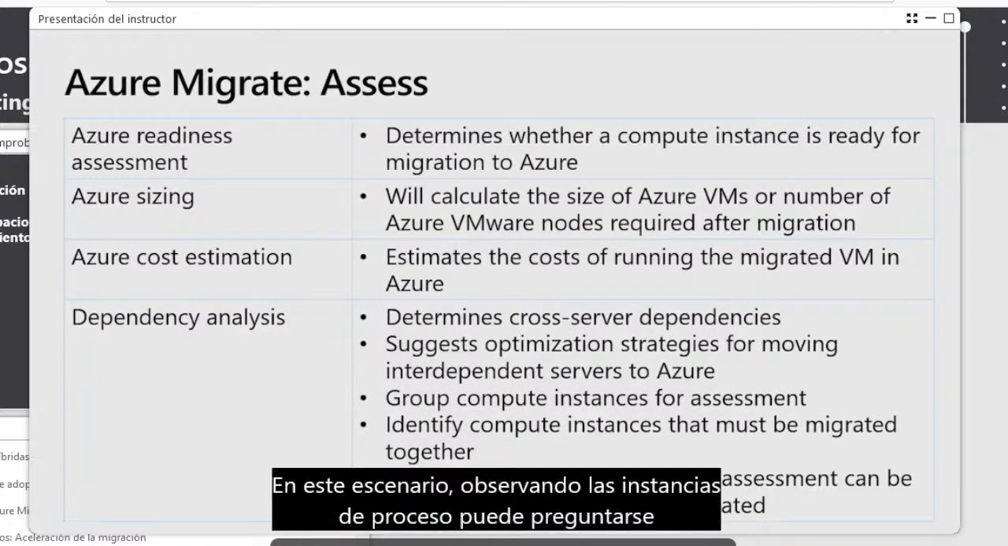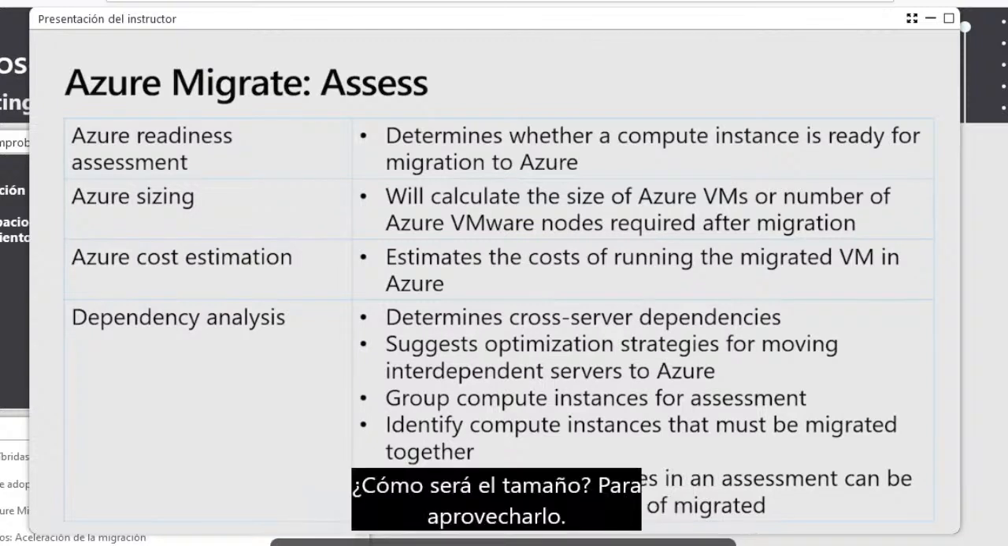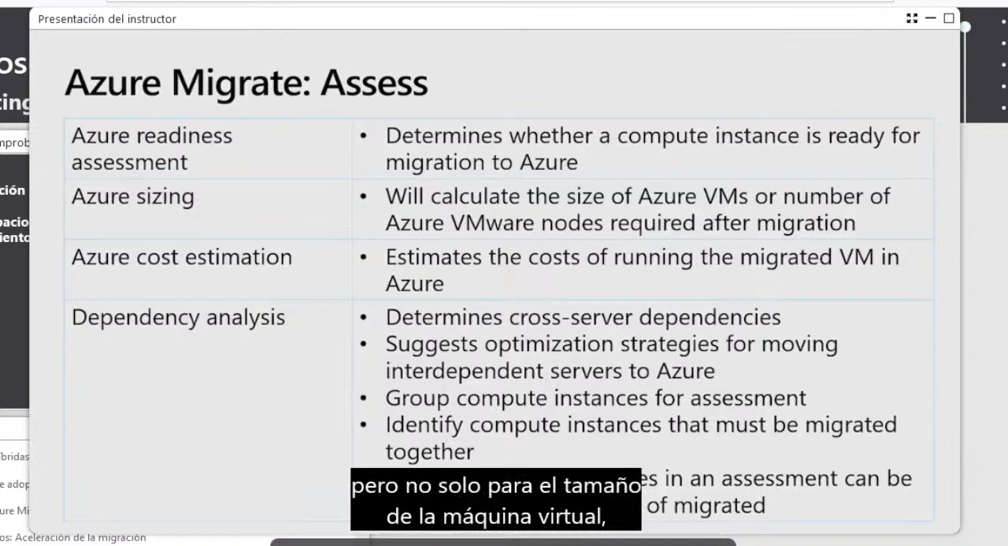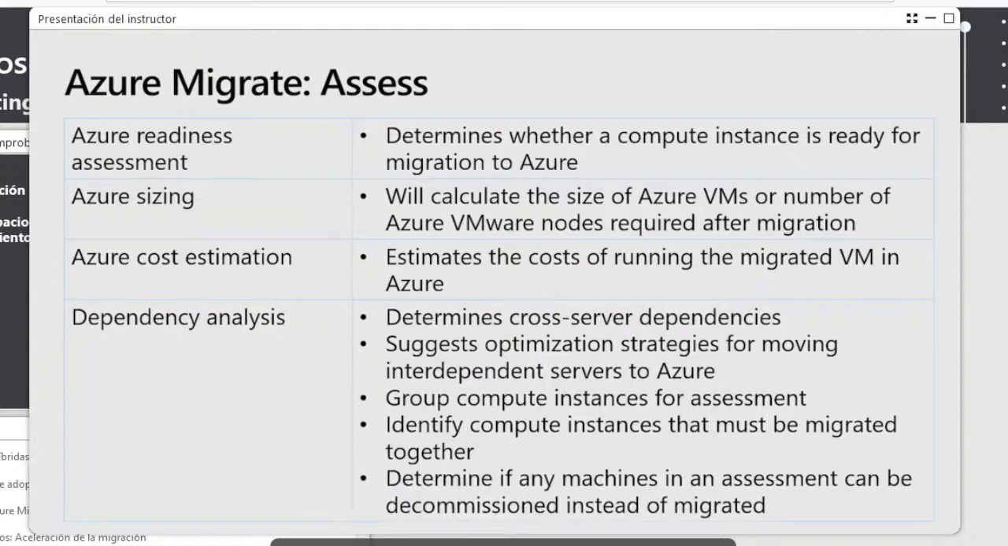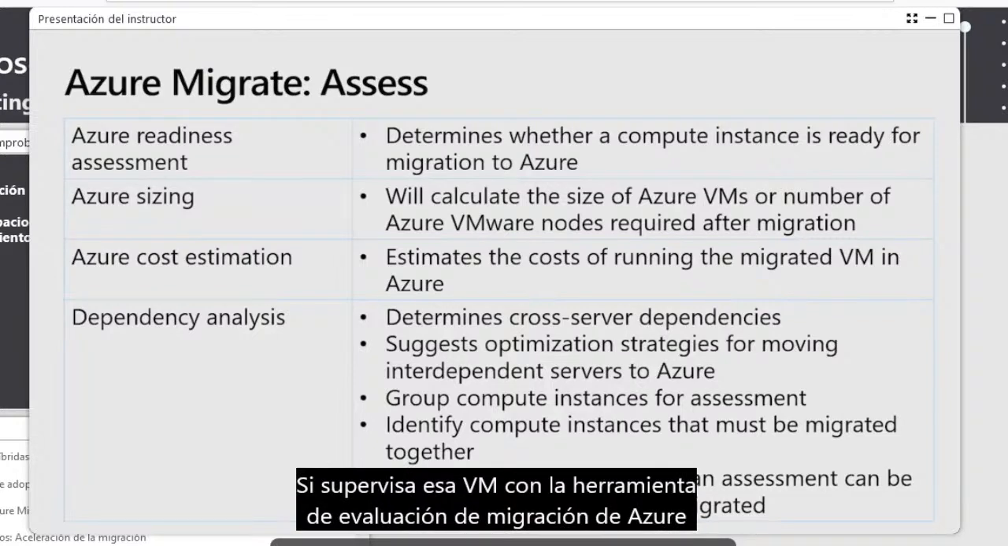It's really done for, in this scenario, the compute instances, and you can actually say, okay, are they ready to run in Azure, or are there certain limitations? How will the sizing be? So it will have a look at the virtual machine size, but not just the size, also how the virtual machine is running. If you monitor that VM with the Azure Migrate assessment tool over a couple